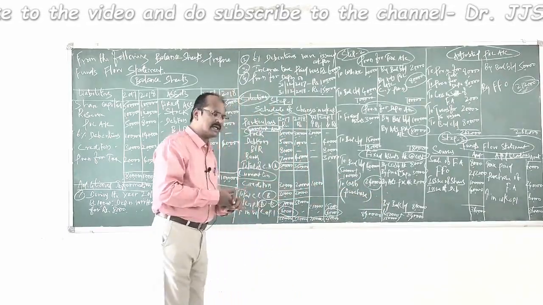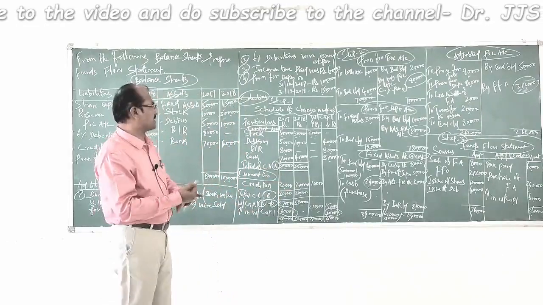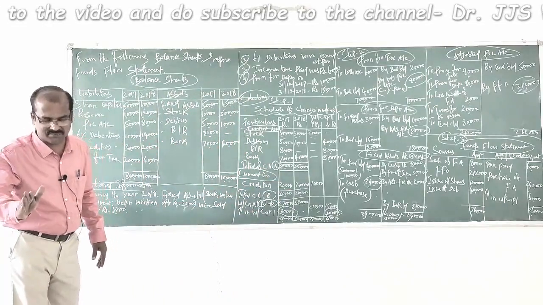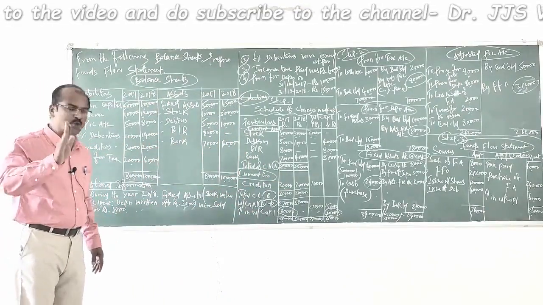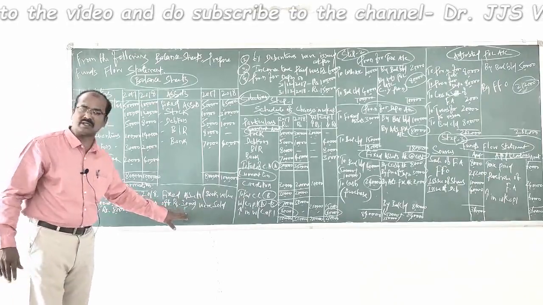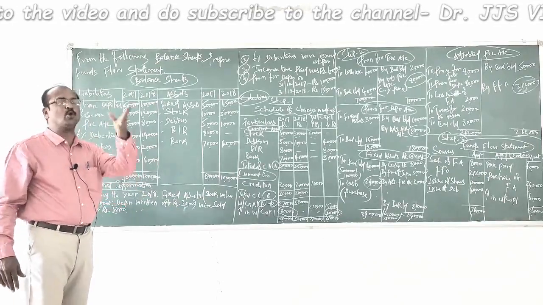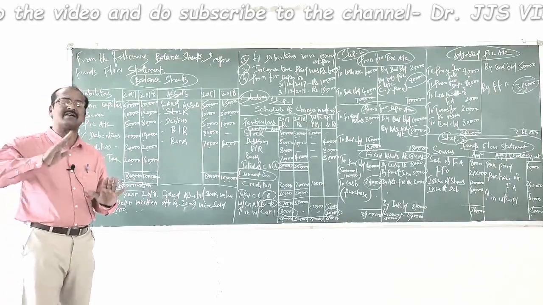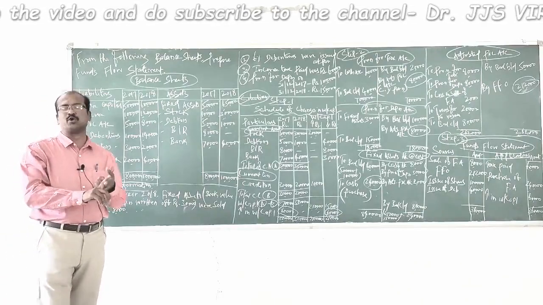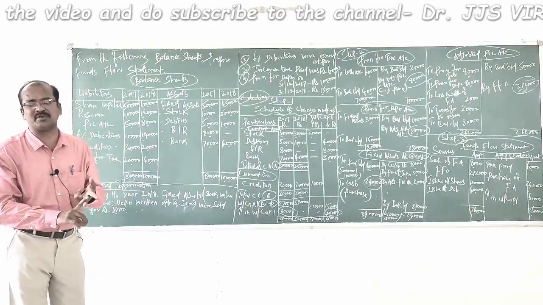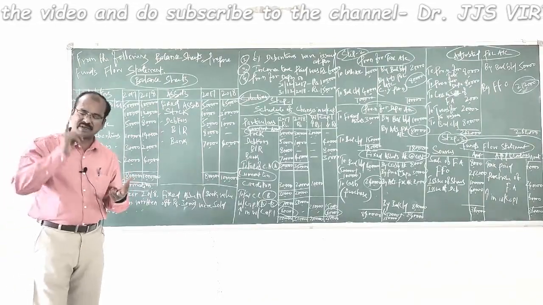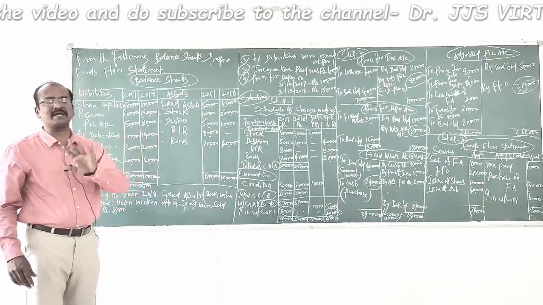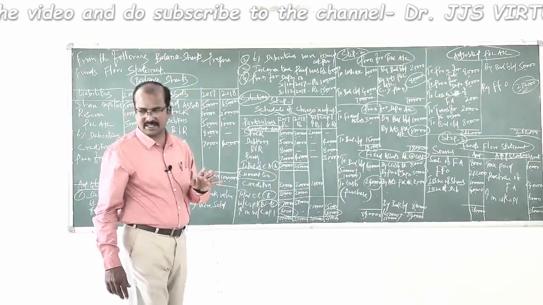Now let us look at the additional information in connection with the fixed asset. What is that? Fine. They have sold a portion of the fixed asset for a value of 8,000 rupees. Accumulated depreciation thereon amounted to 30,000. And the book value of the fixed asset sold is 10,000 rupees on the date of sale. Therefore, 10,000 book value plus 30,000 accumulated depreciation, the cost value of the fixed asset sold should have been 40,000 rupees.